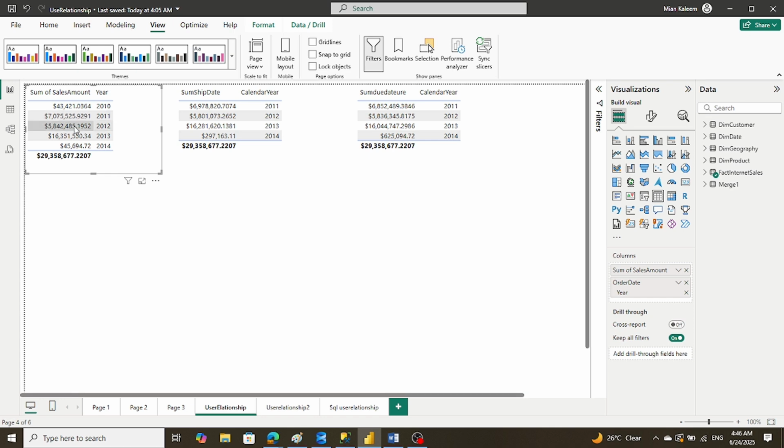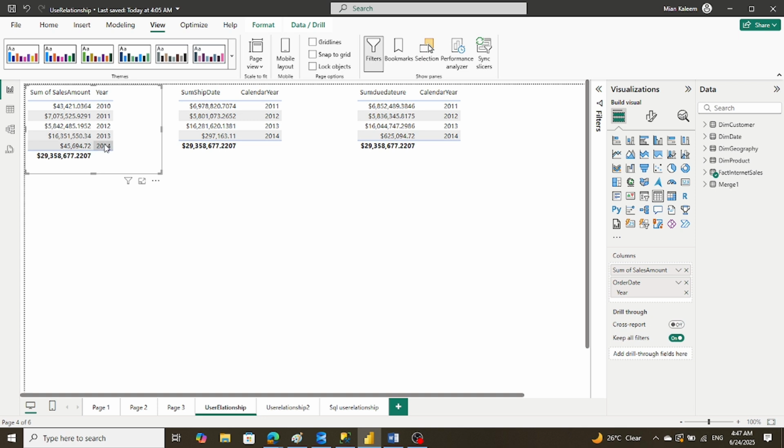And in 2012, we received orders worth 5,842,485, and so on. So the total orders we received are 29,358,677. So the orders we received are the same, but now